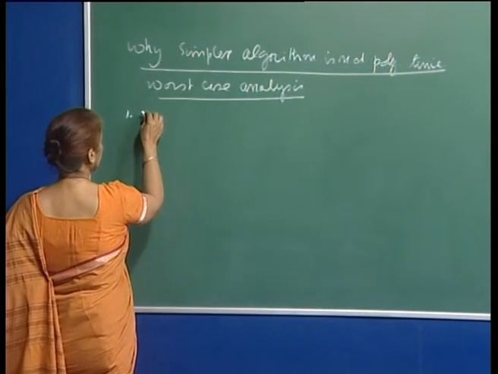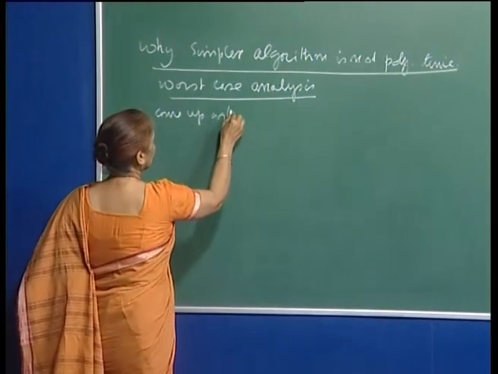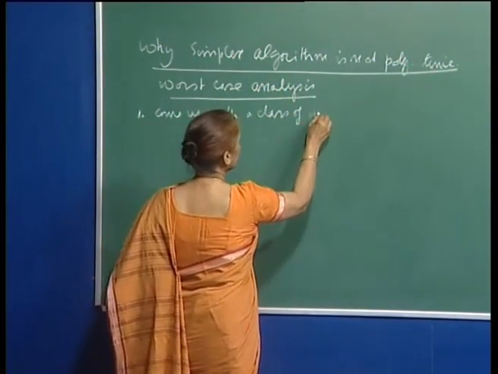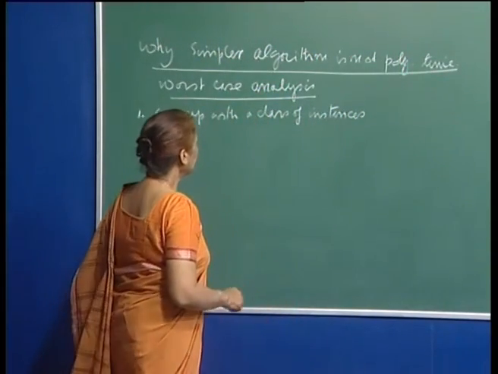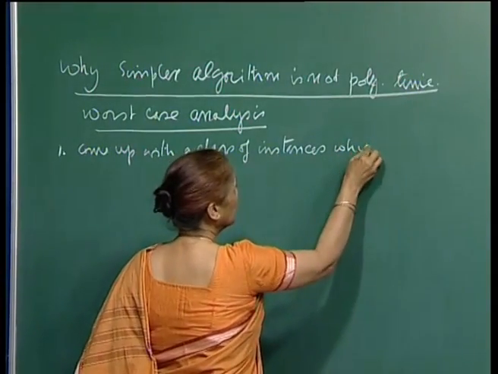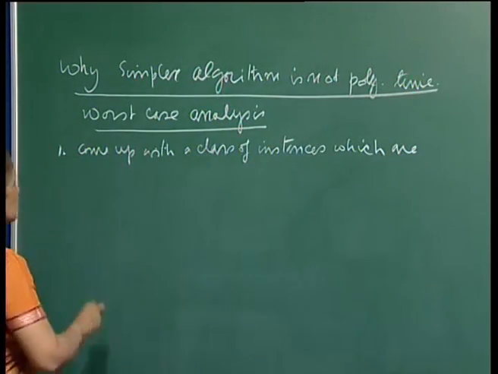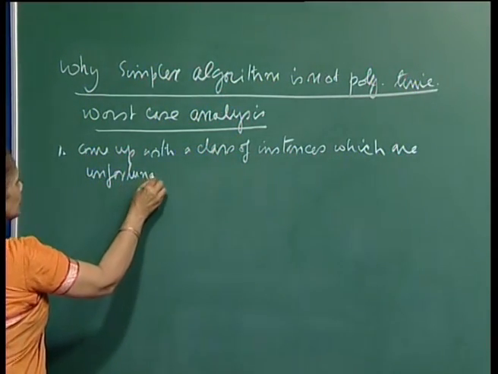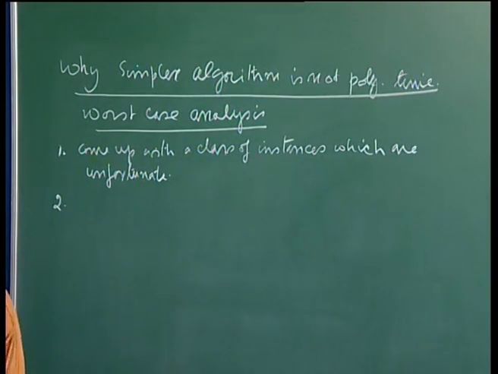You have to come up with a class of instances which are very unfortunate. That means the algorithm doesn't perform well on such instances. Okay, and then the second thing is that you'll have to exhibit